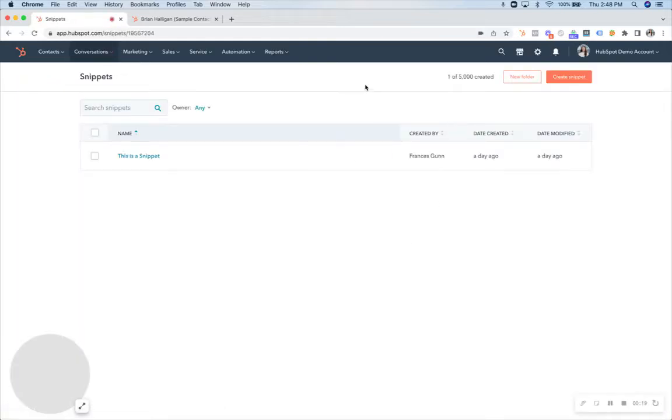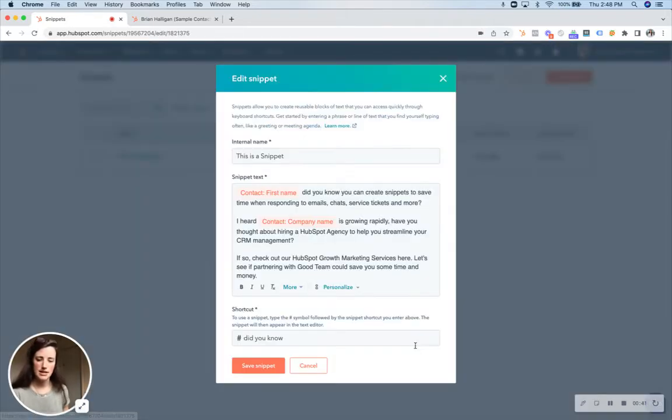For those that don't know, a snippet is a command that you set up that you can quickly access through emails, tickets, contact records, notes, that sort of thing. So I have created a test snippet, which I will show you here. When I'm in an email or a service ticket or wanting to take a note on something, if I do hashtag did you know,